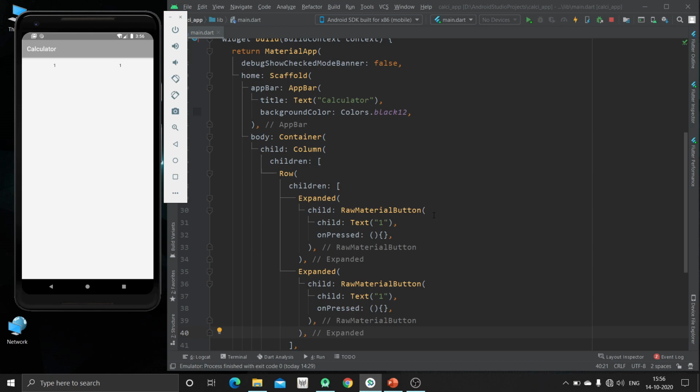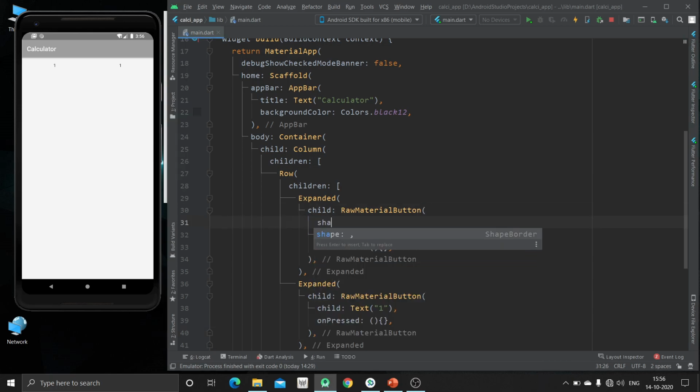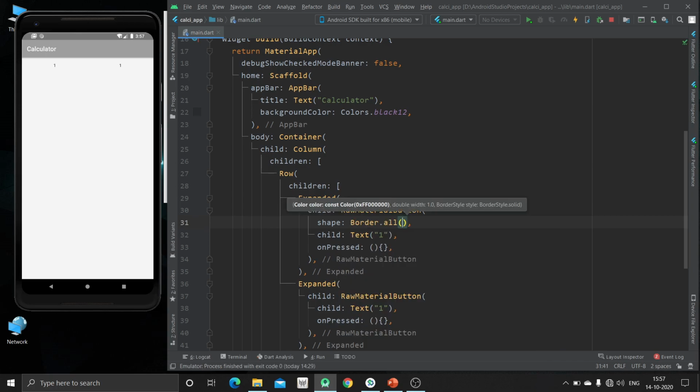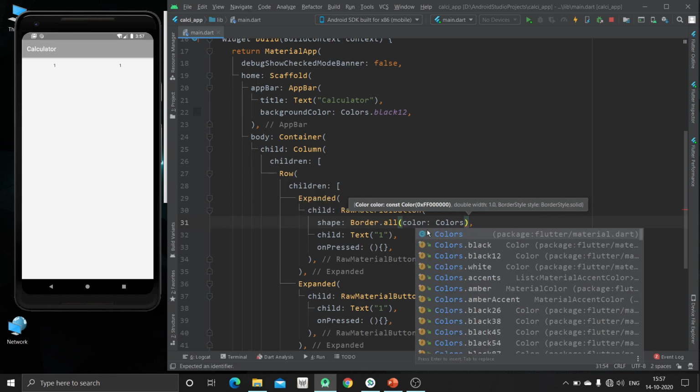We can see it clearly by using this shape property. Inside this shape property we can specify the border, we can use this border property and give some color so that we can see the border and the area that is covered by a particular button.